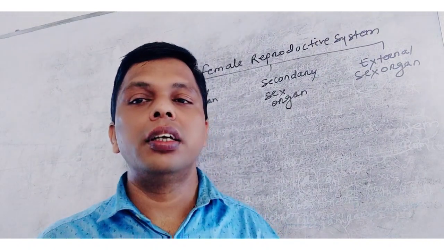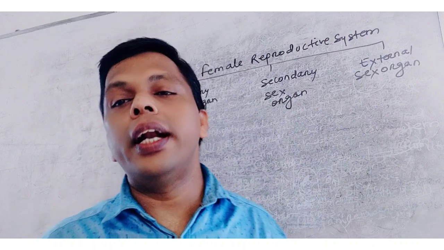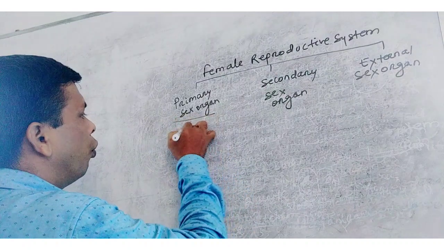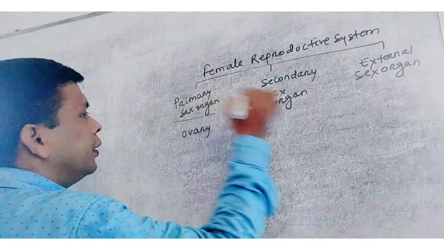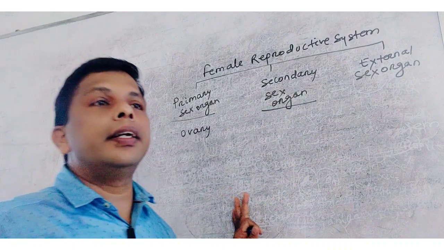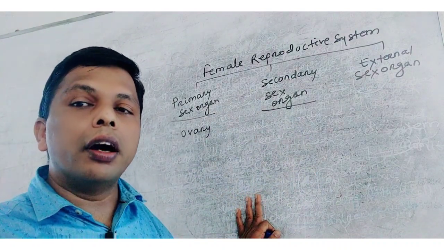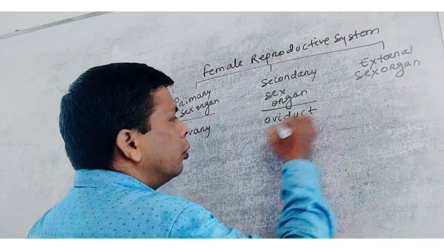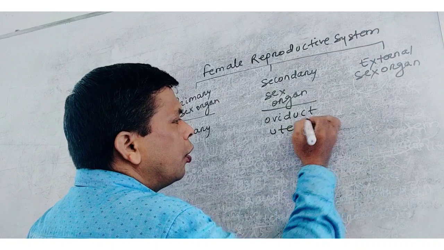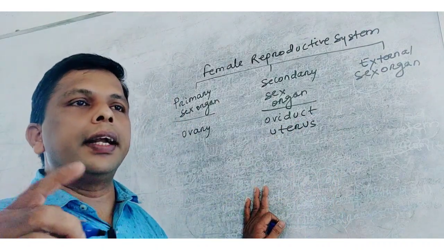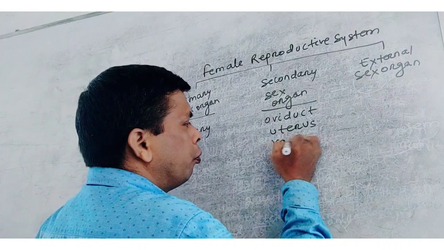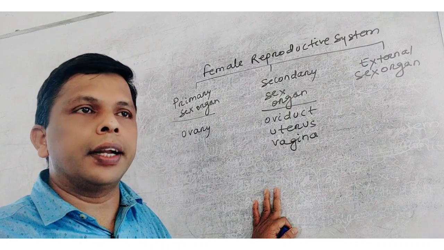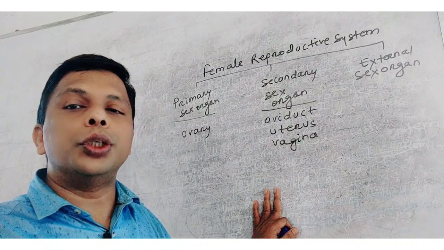Clear? So what is included in each part? The primary sex organ consists of the ovary. The secondary sex organ, what are its components? Oviduct or fallopian tube, uterus. The secondary sex organ also consists of the vagina. Vulva is external, so it is not in the secondary, and accessory